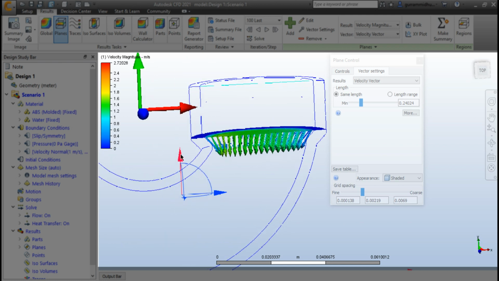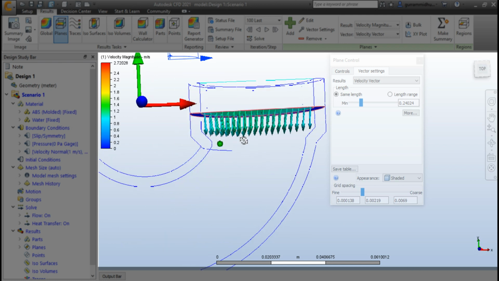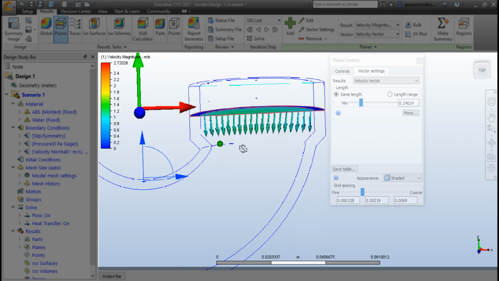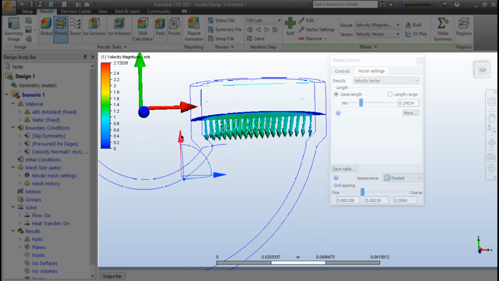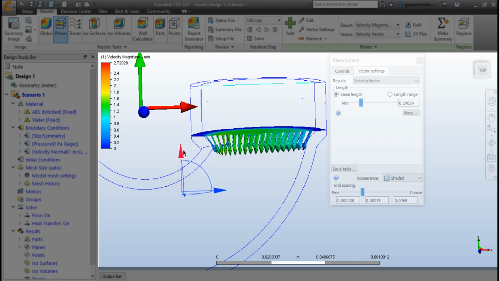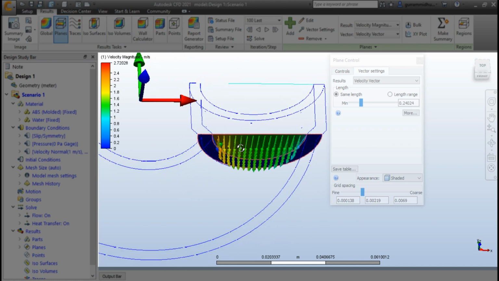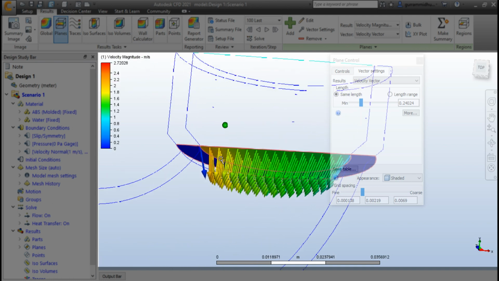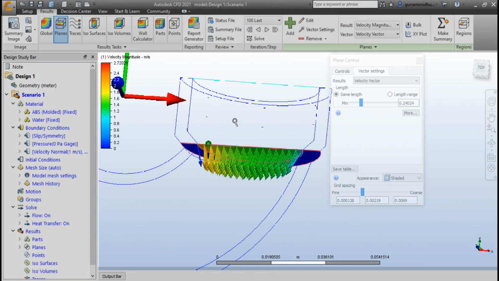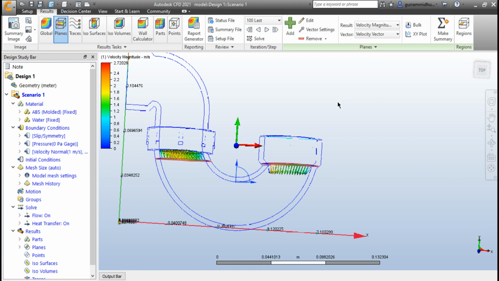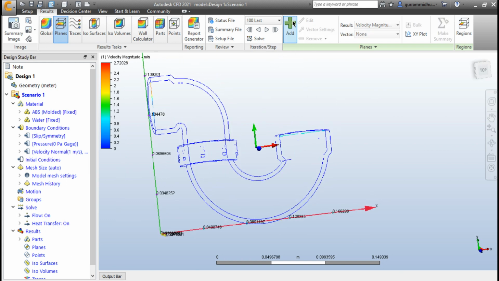When you observe in this scenario, most of the particles are near blue and green. When you cross this geometry, the particles change color, indicating that at this geometry the velocity of the particles is being increased. Perfect. I'm gonna click on remove. If you want to keep those planes, you can find those in here under results.